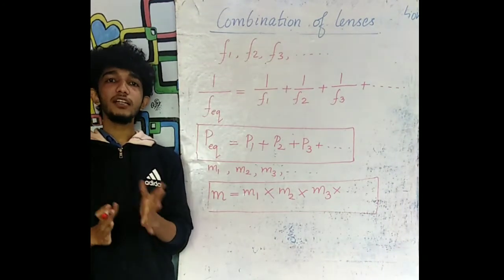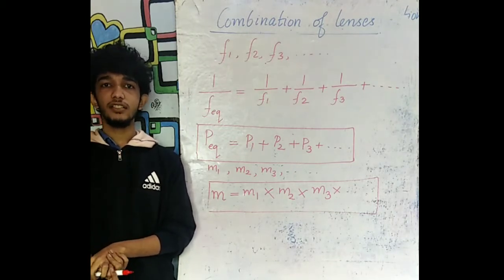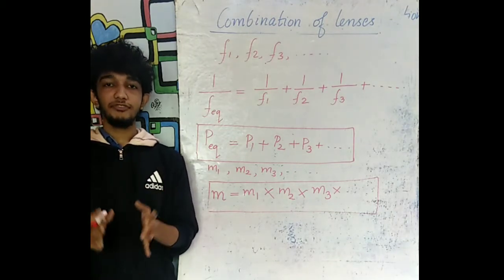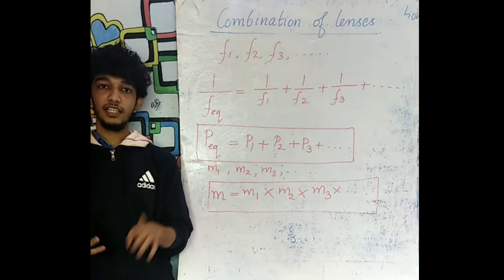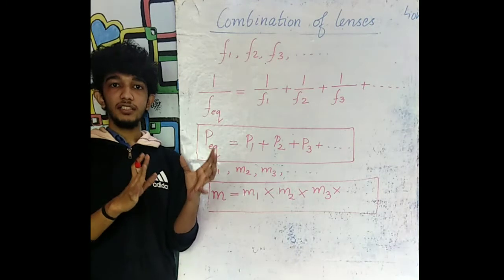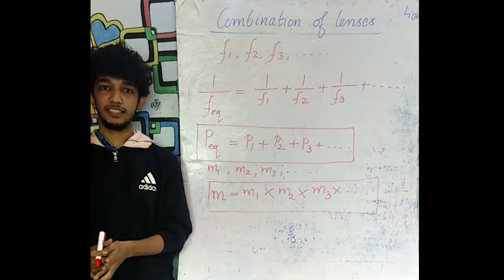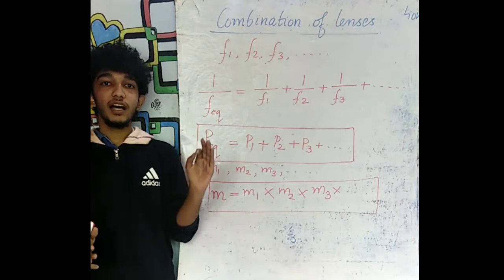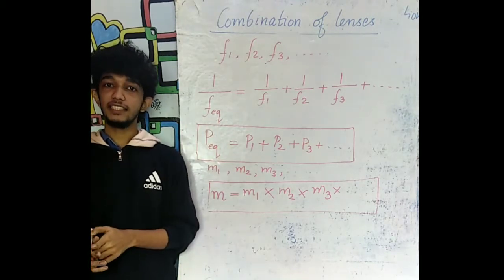Now we may feel why a combination of lenses is necessary. Is it so essential? There are benefits for making combination of lenses. One of the benefits is the image formation will not be having much defects. It will be free of defects. Moreover, a sharp image can be obtained if a combination of lenses is being used.